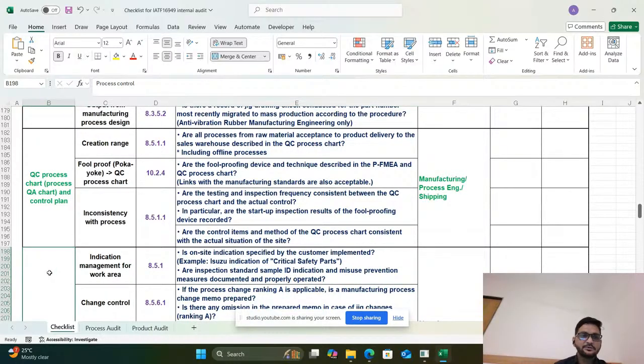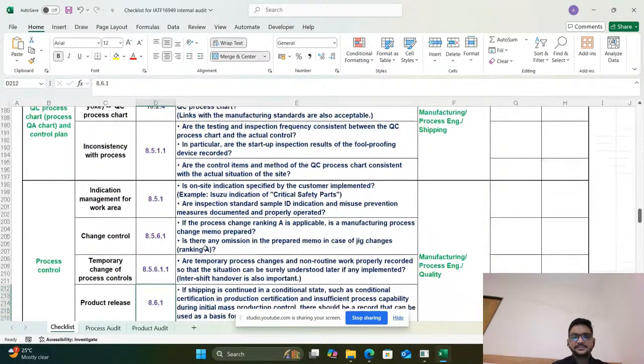Next, we are going to discuss process control, like indication of management for work area, like 851, on-site indication specified by the customer, implemented or not? Are the inspection standard sample ID indication and misuse prevention measures documented and properly operated? Next is change control, like 8561. It covers process changes and manufacturing process changes.